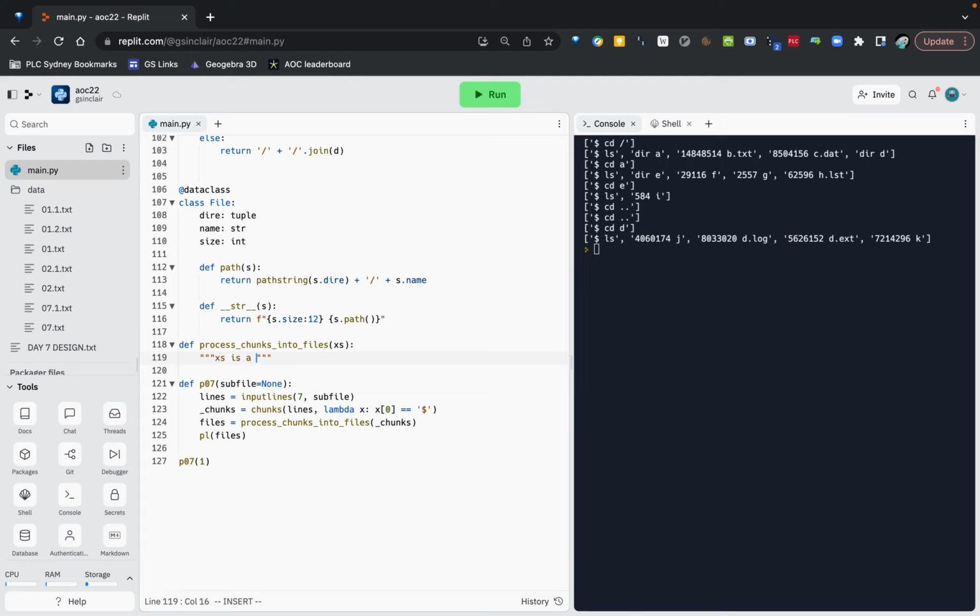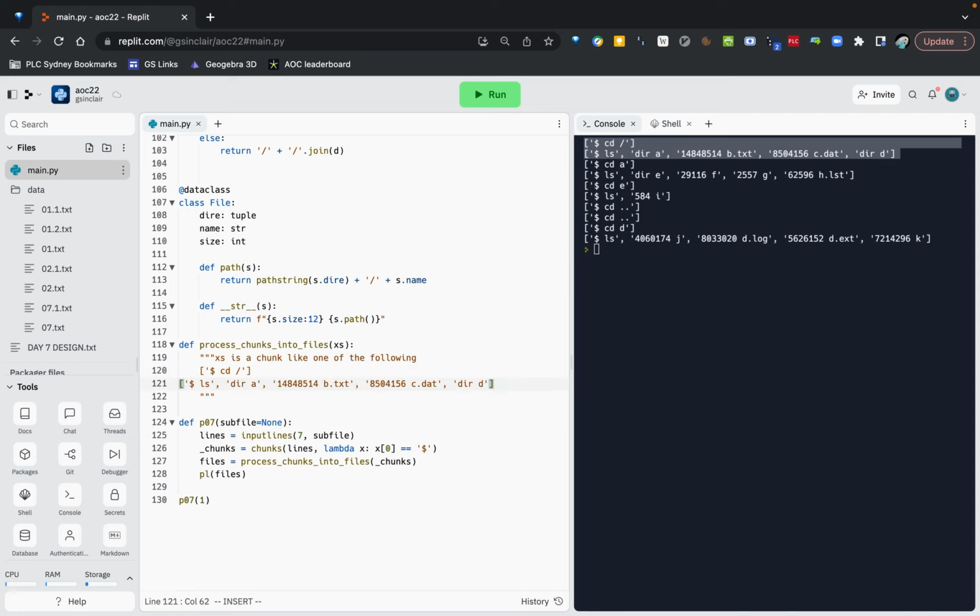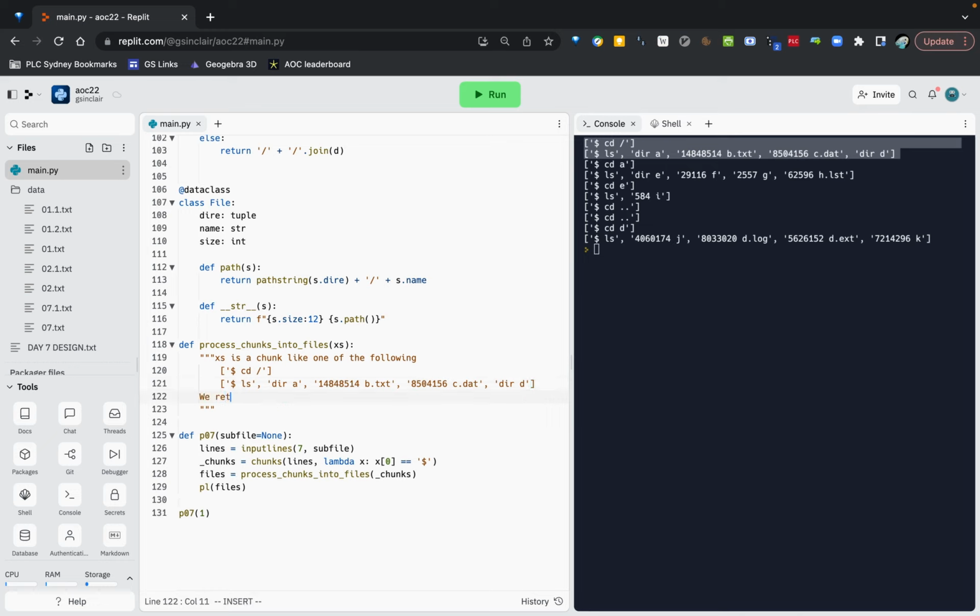X's is a chunk, like one of the following. Right, so I could literally copy, right, so it's like, and we return